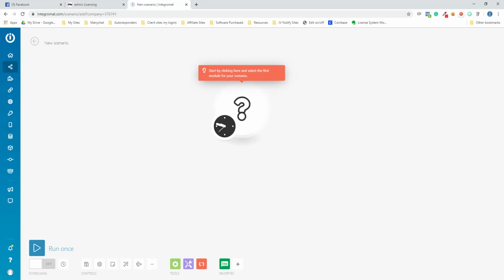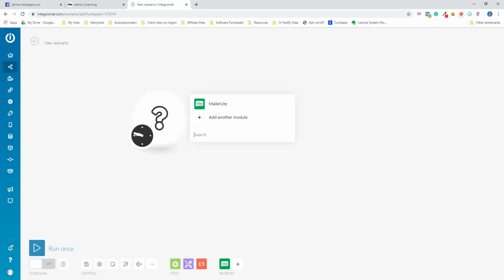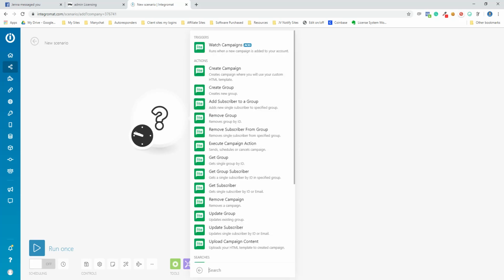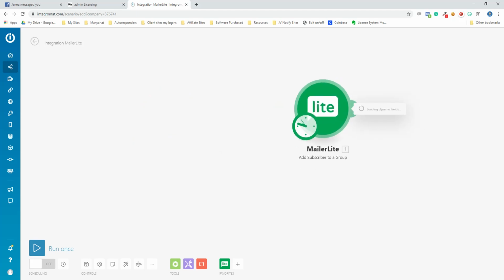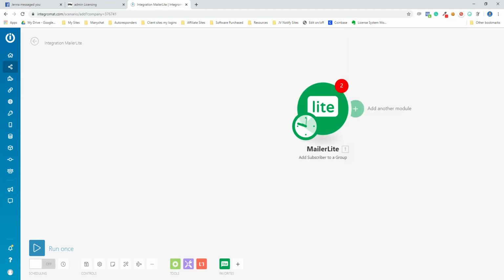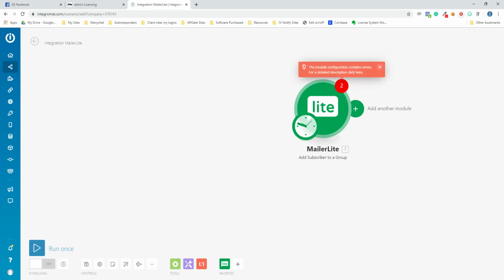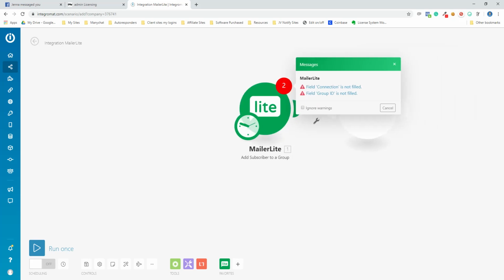And the first thing you're going to want to do is click on this, and it's going to show you intervals, but you're going to want to click the question mark here. And we're going to add MailerLite, and we're going to add subscriber to group. So we've got that over here. And we don't have a trigger for this yet. So as we see here, it says we need to make a connection and set the group information and so forth. So what we can do here